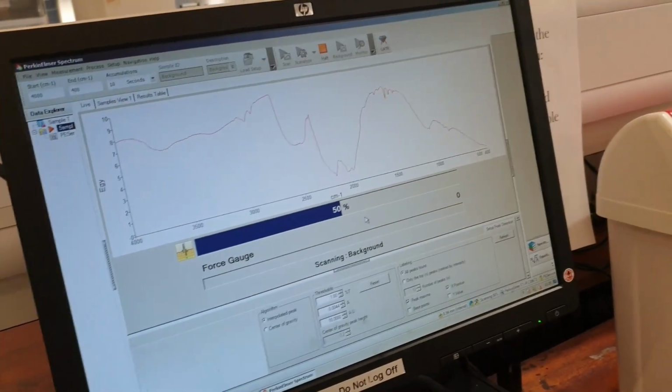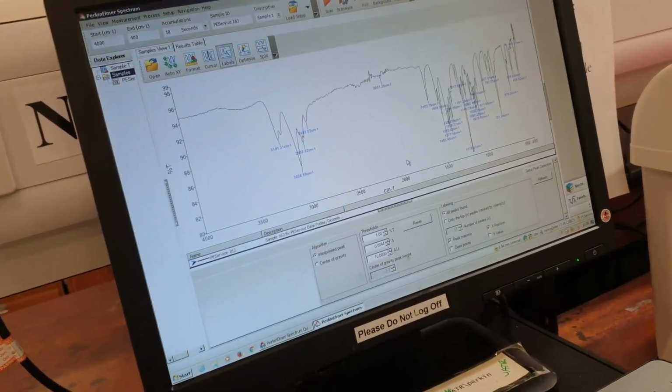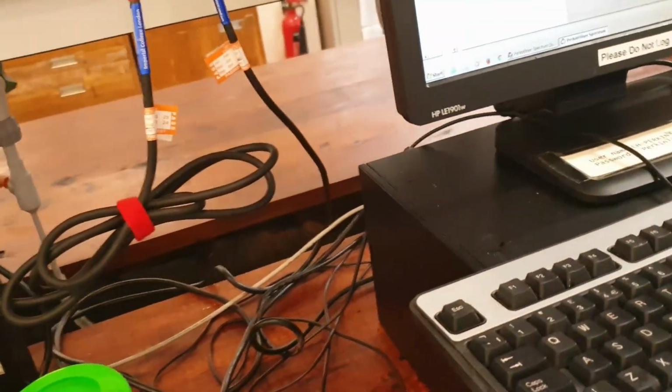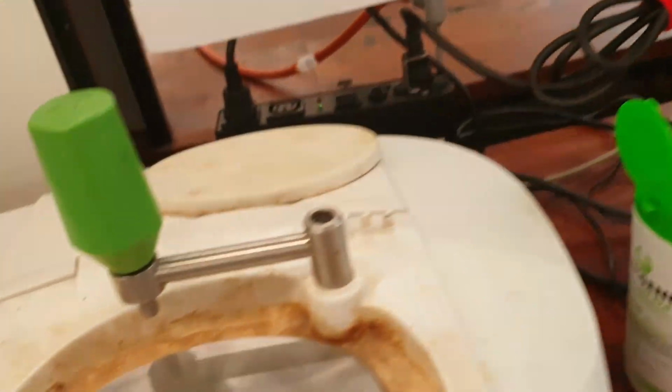We're just scanning the background spectrum so that we can subtract this from our sample spectrum. Okay, good. We got our background. Now don't click scan yet. No, that's previous scan stuff. Right. So now